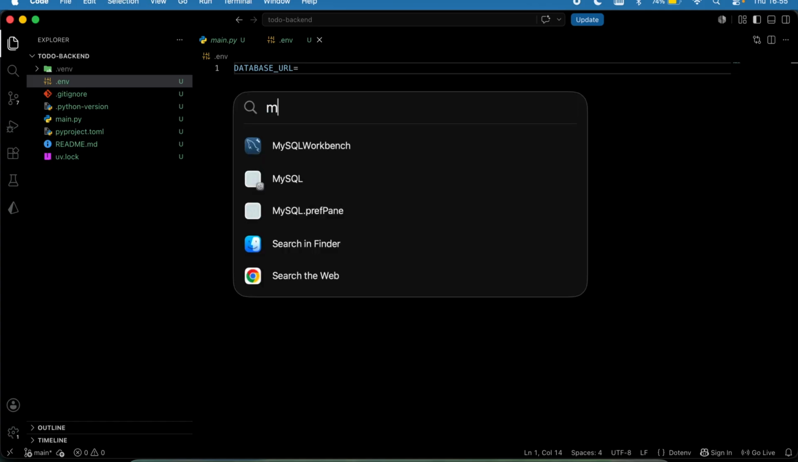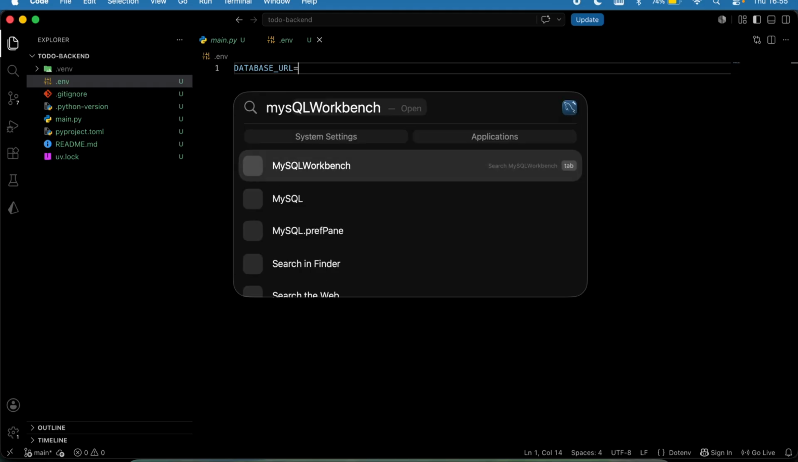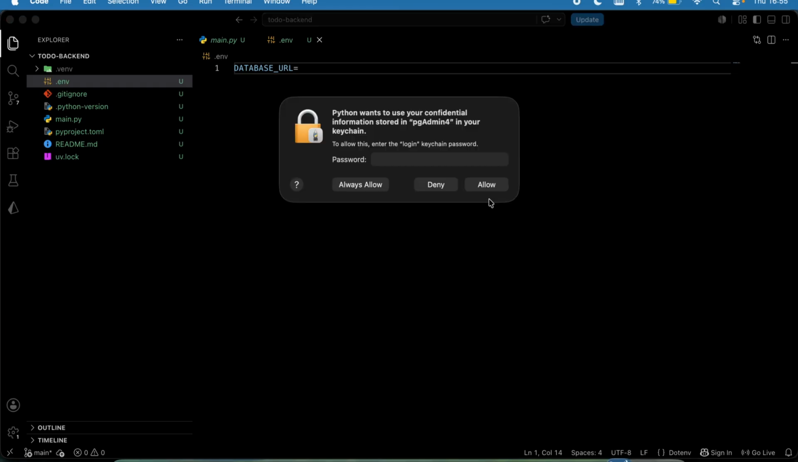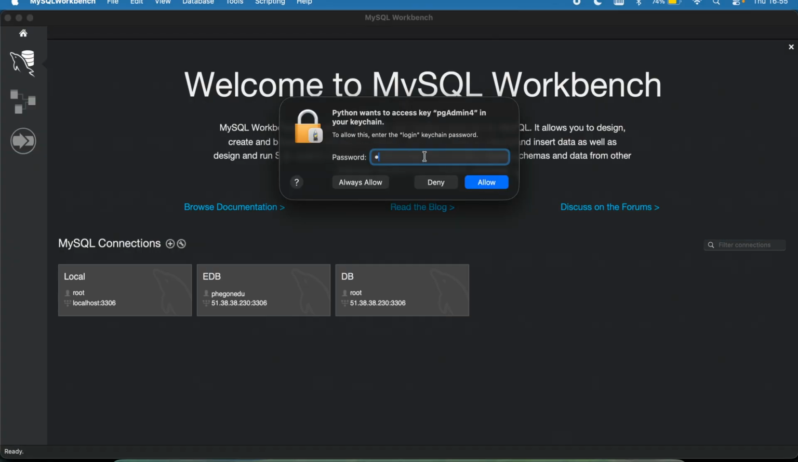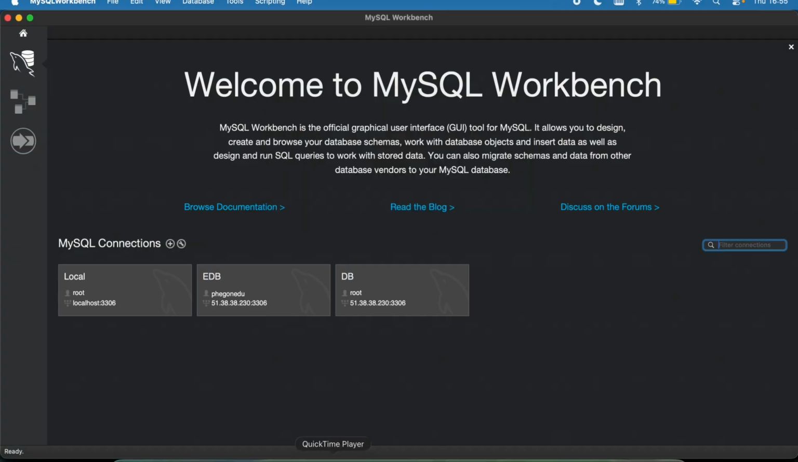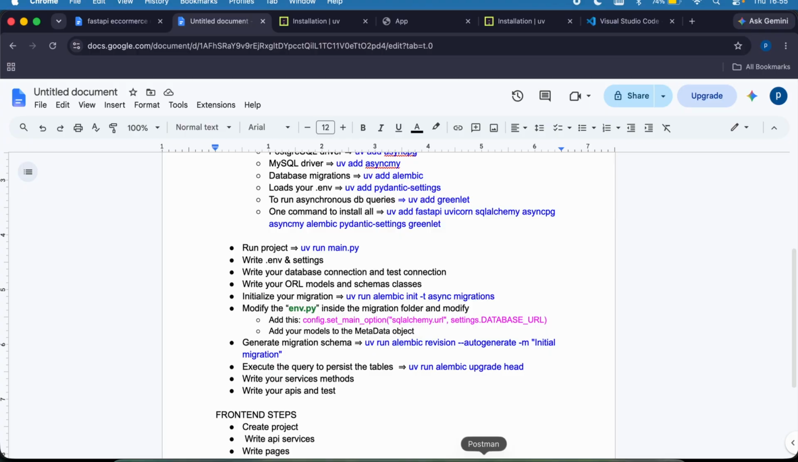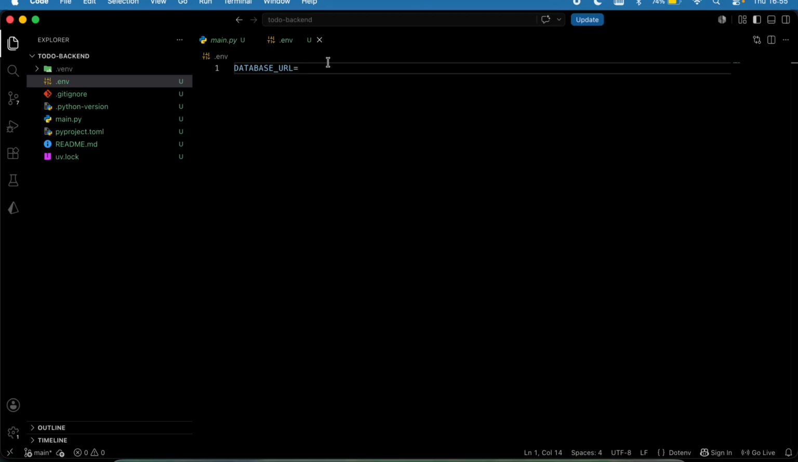Let me also pull my SQL Workbench out right there. If you don't have these, you can easily download them, and they're very straightforward to install. Okay, so right here, for your database URL for Postgres, let me add a comment right here and